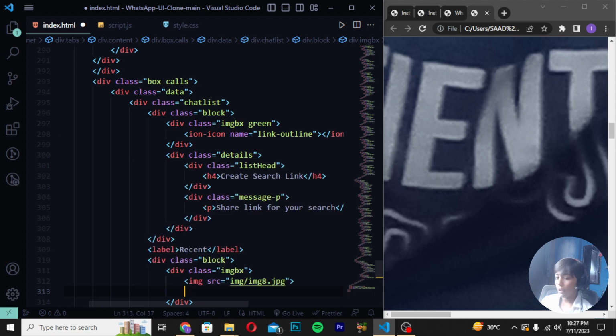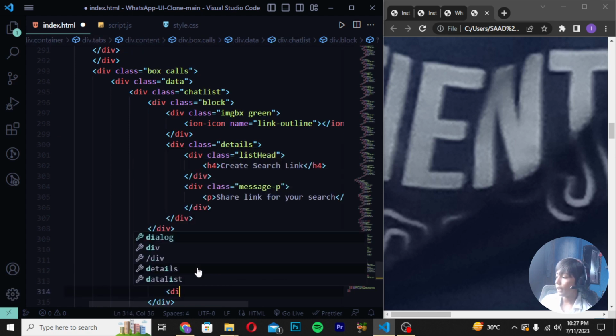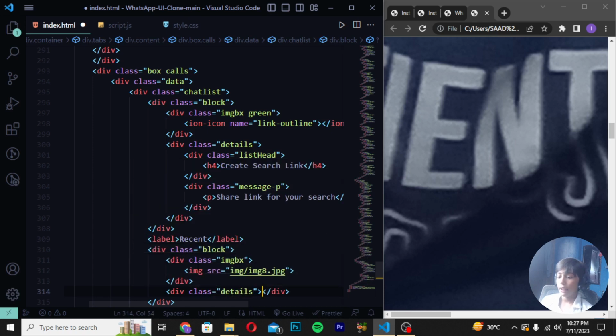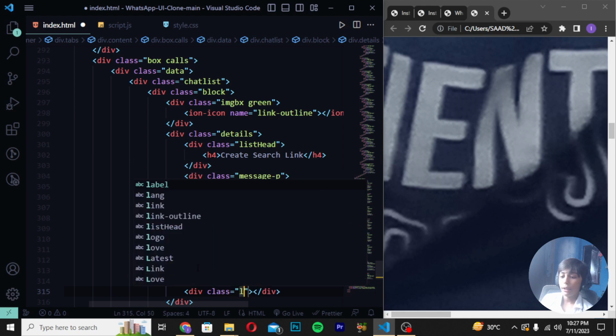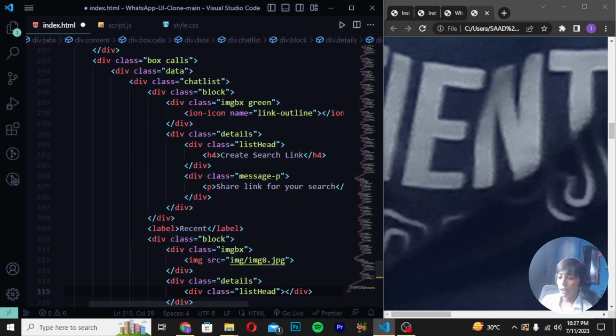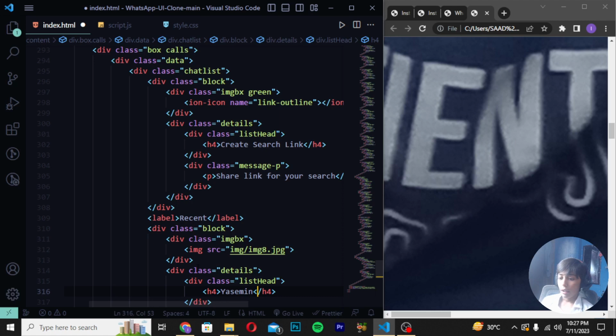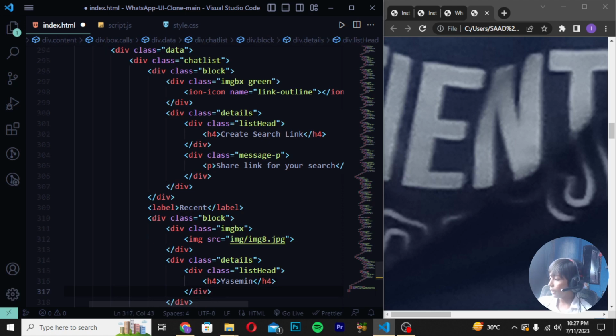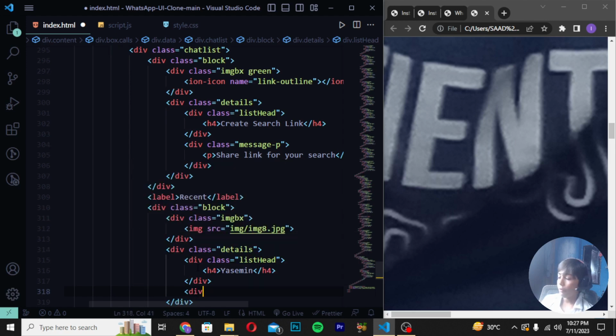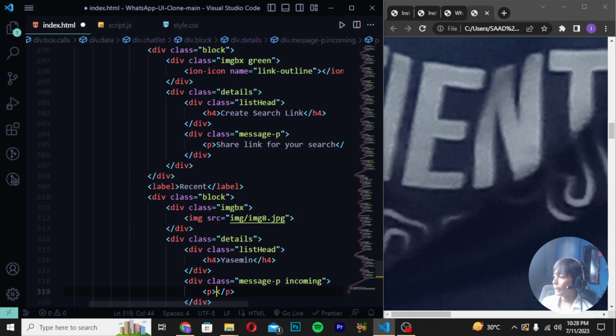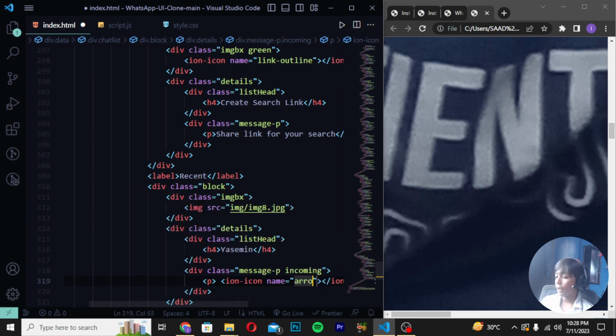enter, and now what we can do here we will go, and here I will write div class will be details, and now enter, and div class will be list head, and now enter, and now here we can write h4 should be yes see me, and now what we can do here I will go to the here, and now here I will define a div class message should be p, and incoming, and now p, and p should be ion-icon, and now here we can write name should be arrow down,